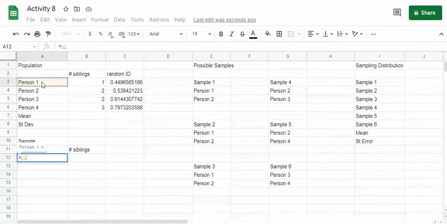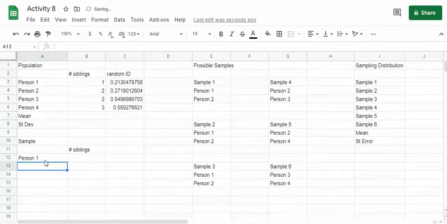And it should say A3, which is just the cell number for person 1. And then press enter, and it'll say person 1. And then hover above this bottom right corner right here, and drag down, and you'll get person 2. And make sure that when you click on these two cells, they say A3 and A4